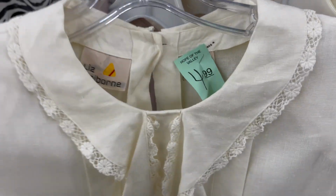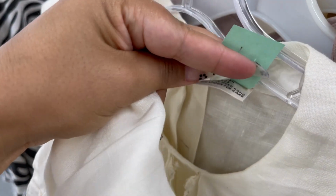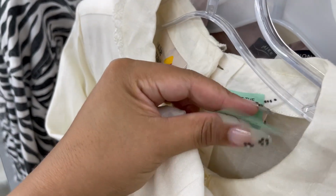This dress right here is a floor length dress that would have been form fitting all the way down. I picked it up, I had it in my cart, I was dead set like, oh, I'm getting this. And then towards the end, I started noticing all of these stains all over it. So I ended up putting it back, but it really did hurt my little heart because I was trying to